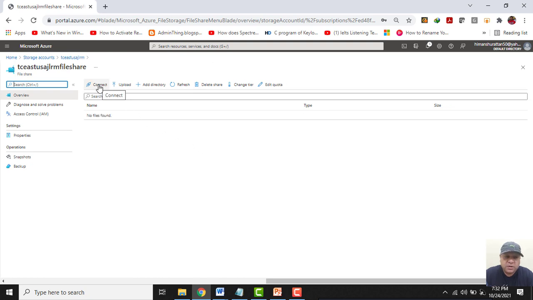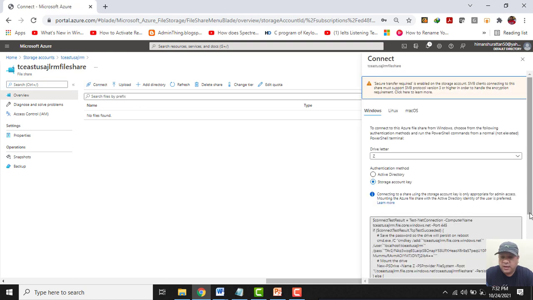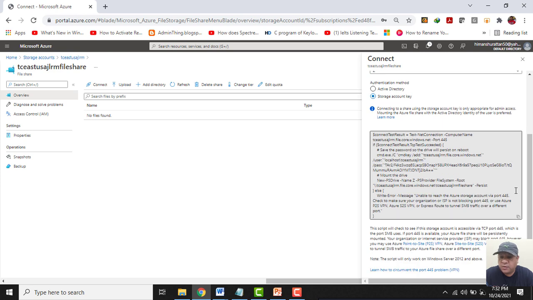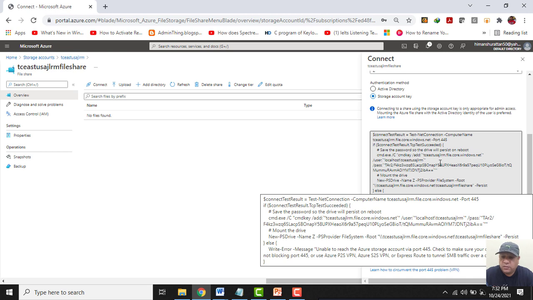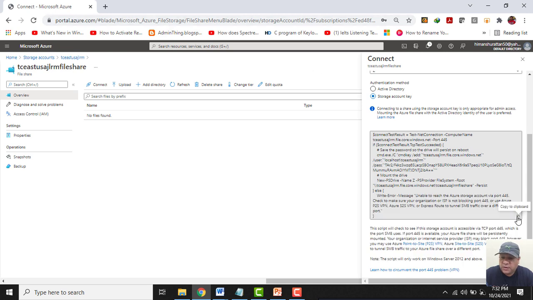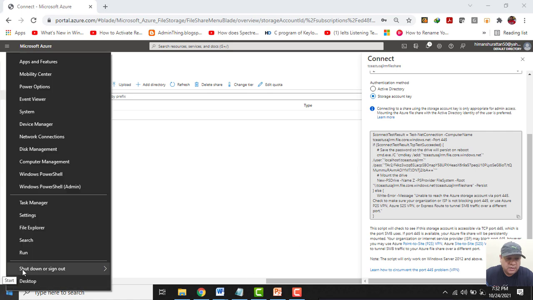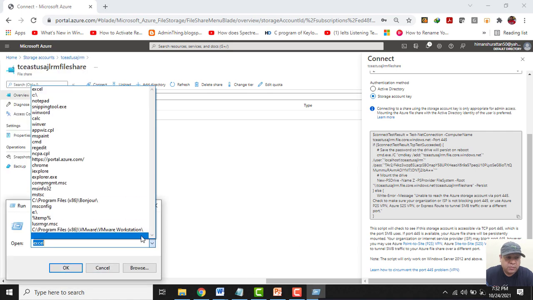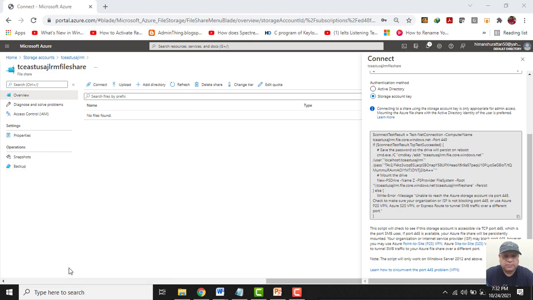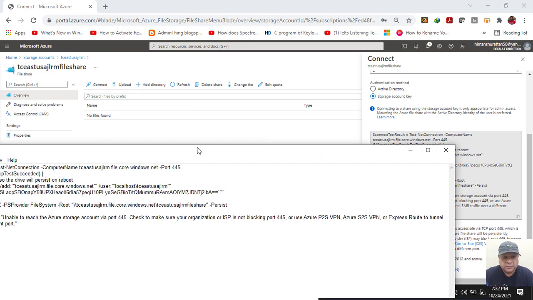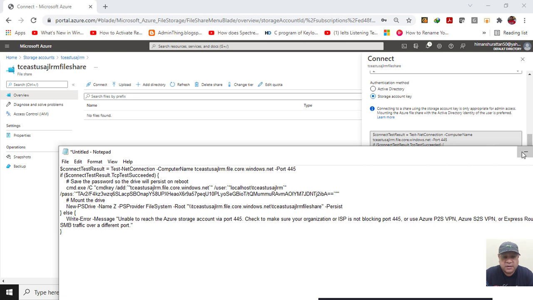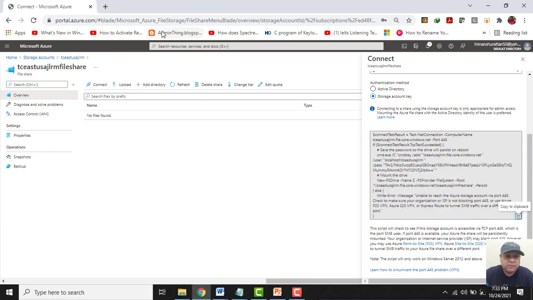If I have to connect to this file share, I need to click here, connect, and see, this is the script that I need to run in one of my virtual machines, where I want to get this file share mapped and access it. So let me copy it, let me paste it in a notepad first, and now we will run this script on one of the virtual machines that we have recently created.